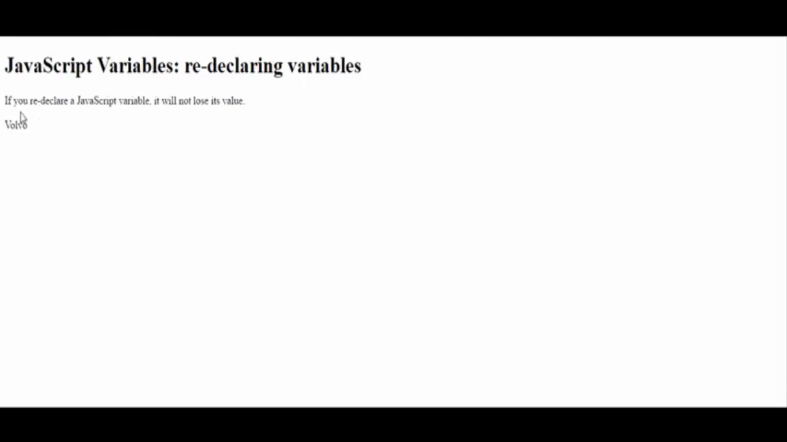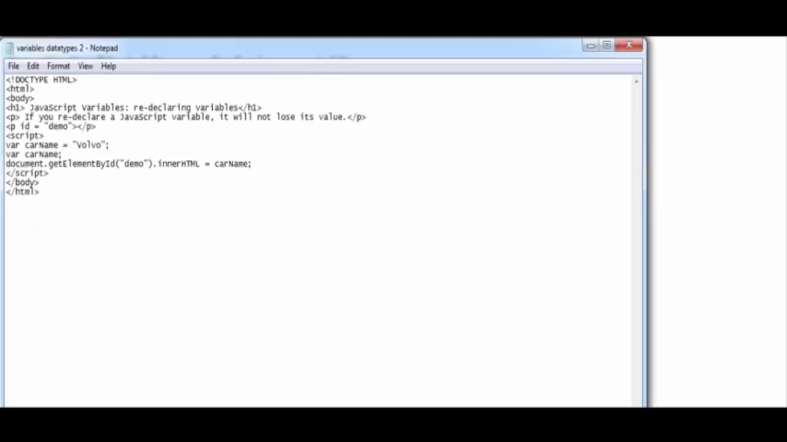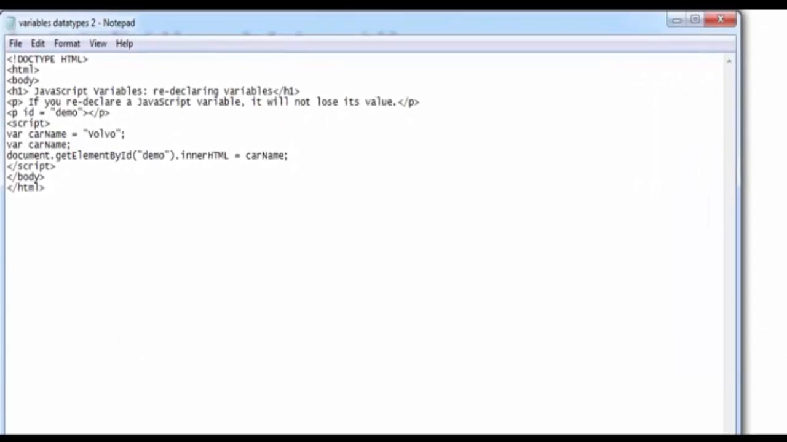JavaScript variables, redeclaring variables. If you redeclare a JavaScript variable, it will not lose its value. Okay, and as you can see, it's not lost its value when it came to the statement here. All right,